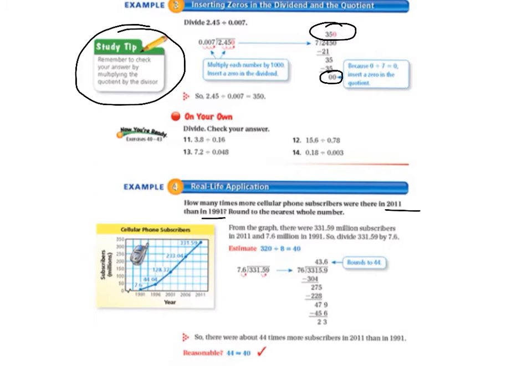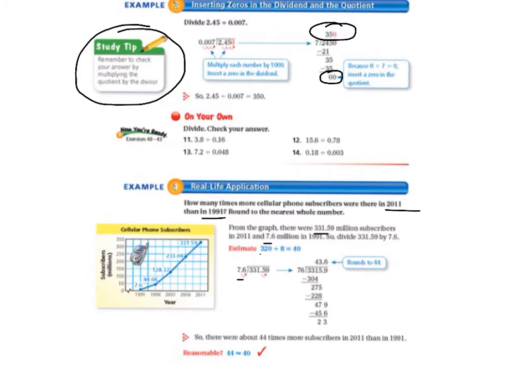So we are going to look at the graph, and it says from the graph there were 331.59 million subscribers in 2011 and 7.6 million in 1991. So we need to take the big number and divide it by the small number. 331.59 divided by 7.6. So we move our decimal point 1 to the right,